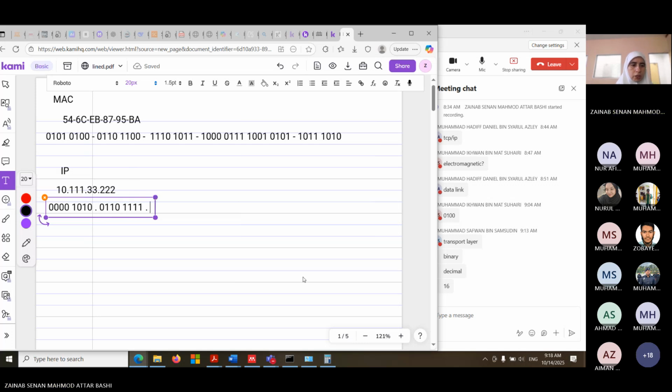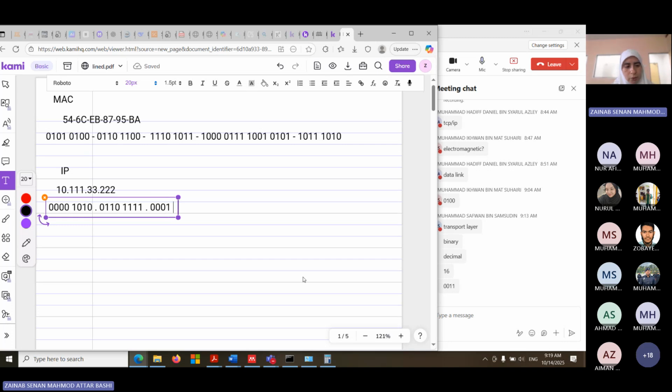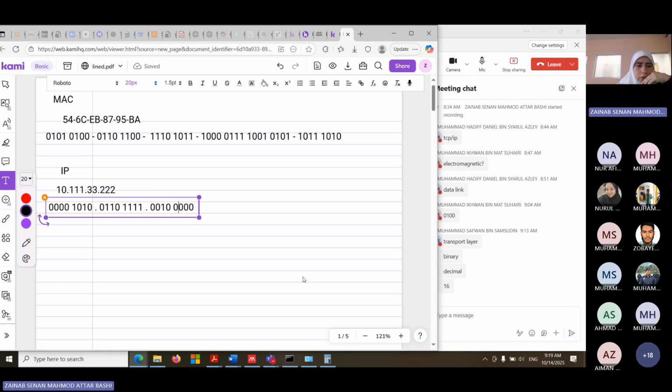Next one, 33. Can we do it without calculator? Can you tell me what is 33 in binary without calculator? If we have 3 zeros and a 1, then 0, 0, 0, 0. Is that 16 or that's 32? That's 16. So if I change this one to 0 and make this one 1, this is 32. Is that correct? Yes, 32. So I need 33.